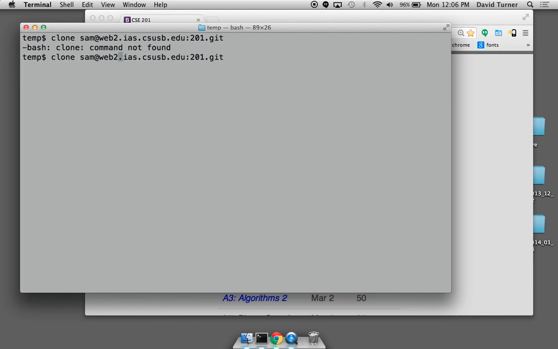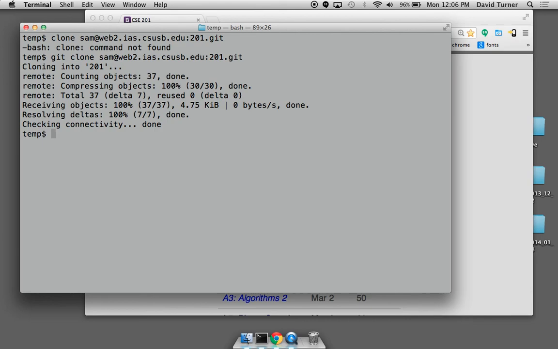Git clone. The network that the Git repository server is on is sometimes very slow, so you may have trouble pushing and pulling. So I'm going to go into my 201 folder,